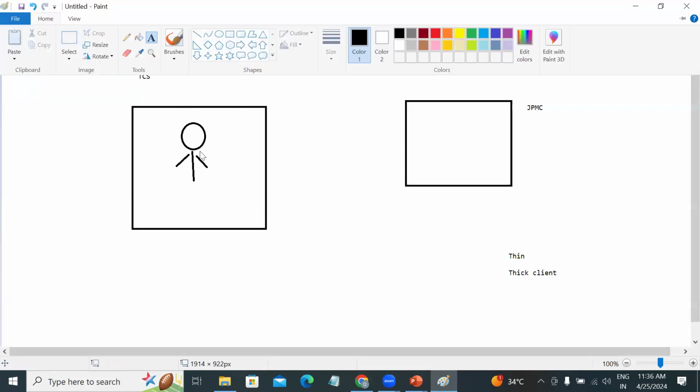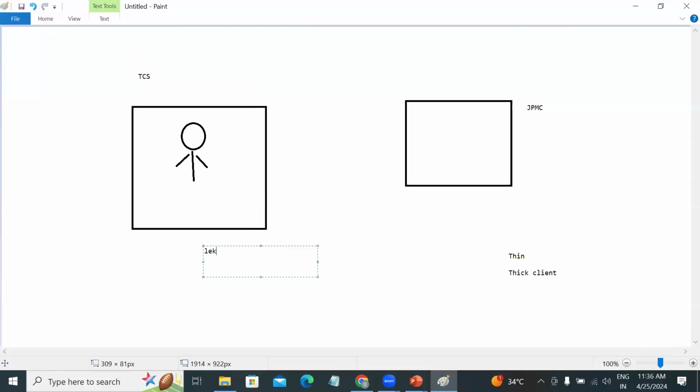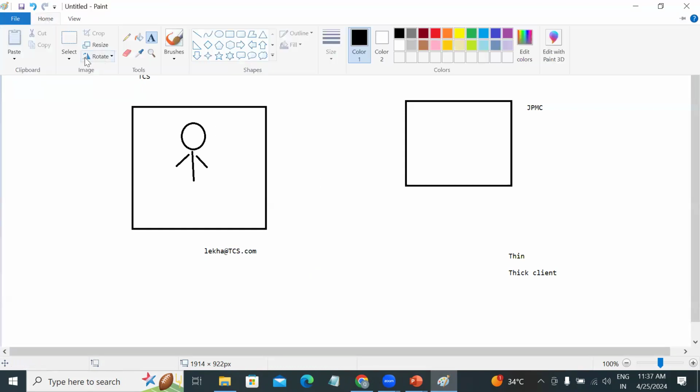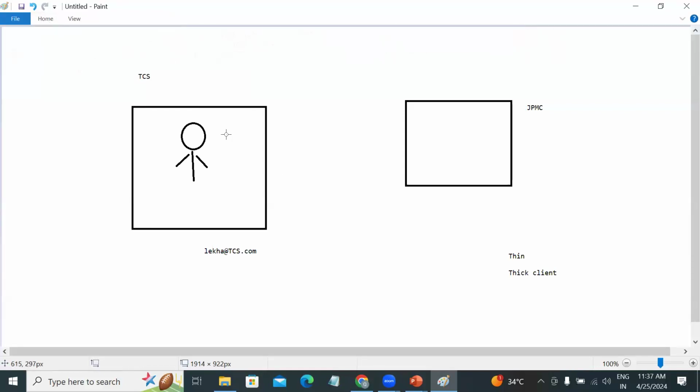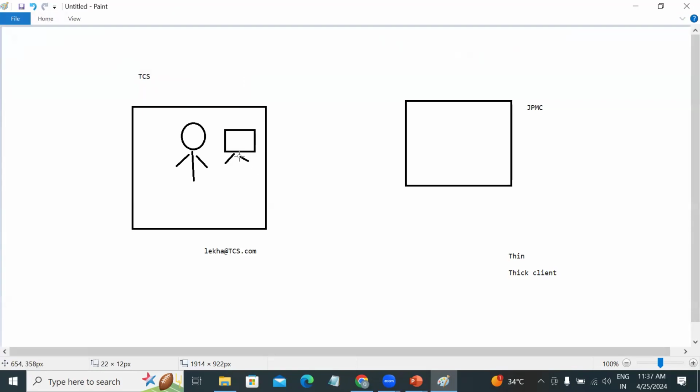Whenever you join TCS, you have an email ID, for example lekha@tcs.com, right? Now, what is a thin client? In TCS premises, you have a computer, and in this computer you are working, right? Now, the thin client is nothing but